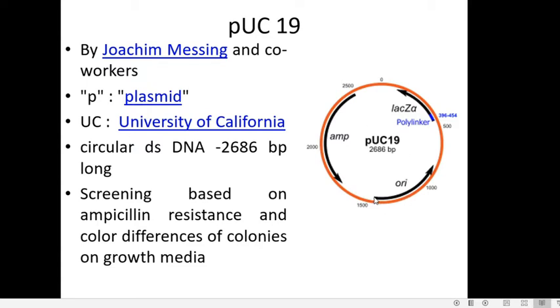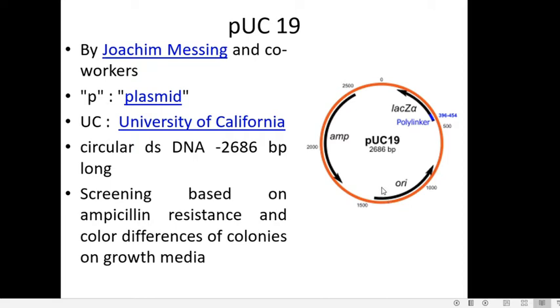The most essential sequence of a vector is called the ORI, which determines the origin of replication, and also determines the copy number of this plasmid inside a host cell. So ORI determines how many copies of this plasmid can be maintained inside the host cell, and we are linking our foreign DNA with this vector. So depending upon the copy number of the plasmid, our foreign DNA will also be copied into that many numbers. So that is very important. So ORI is the origin of replication of this plasmid.